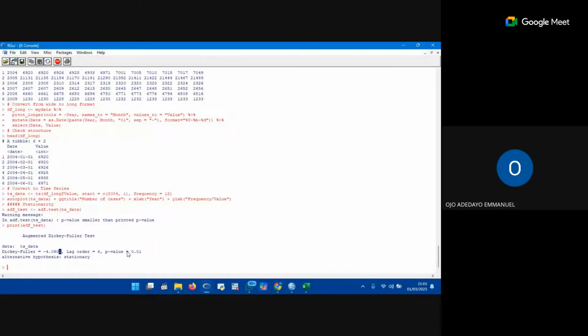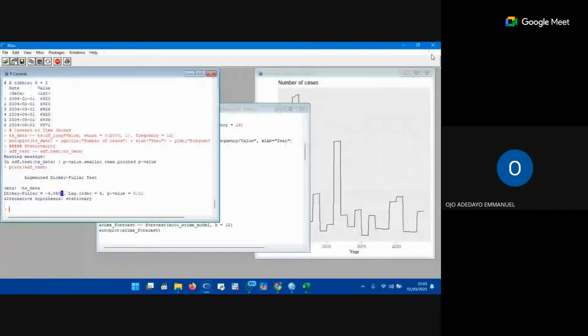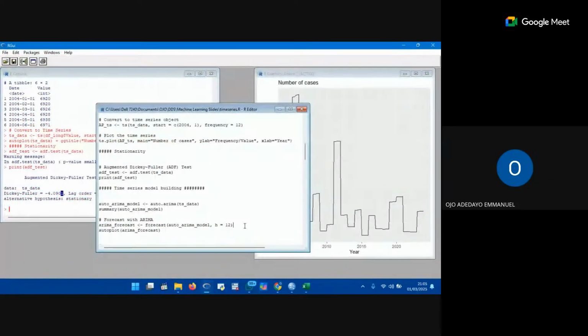So once you get this p-value, 0.01 is less than 0.05. So that means that this particular data set is stationary. So we've attained the stationarity. So now, let's say for instance,